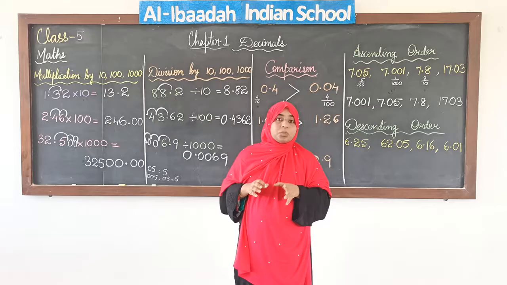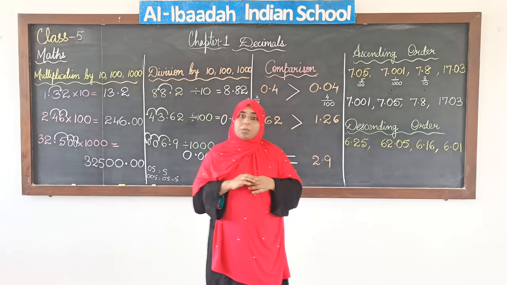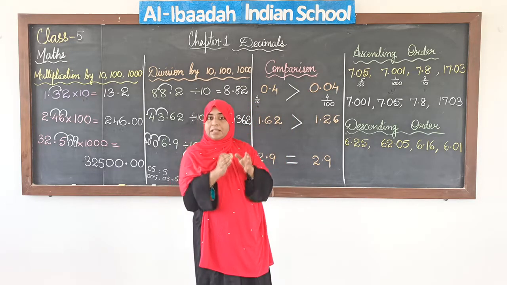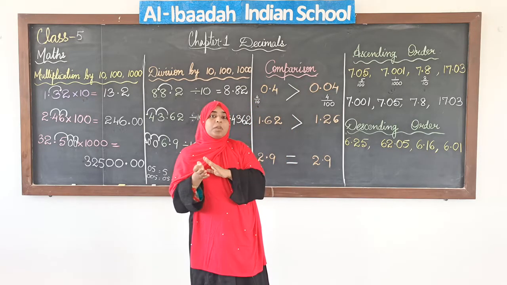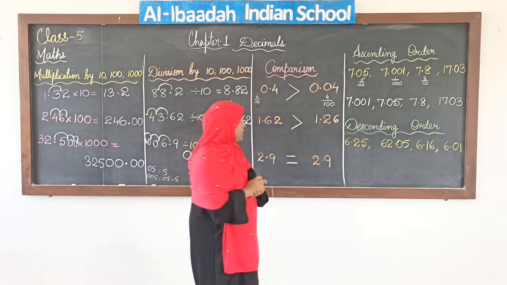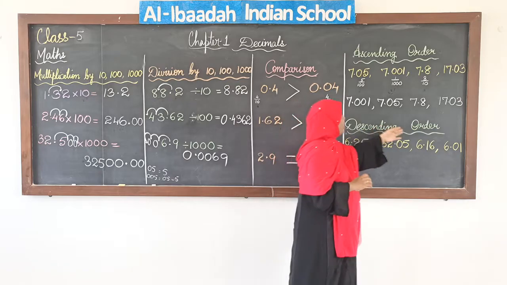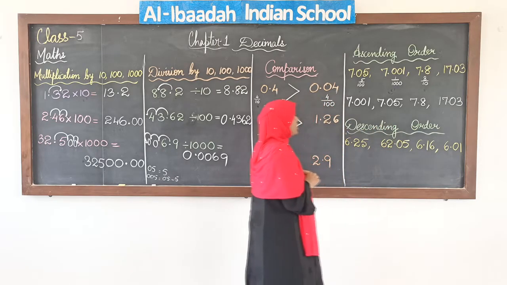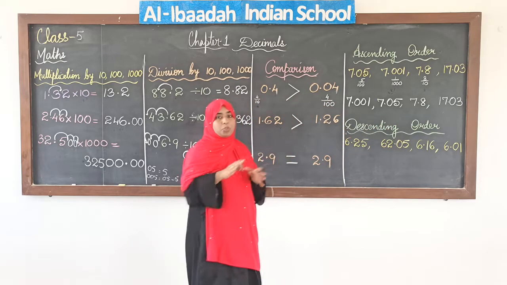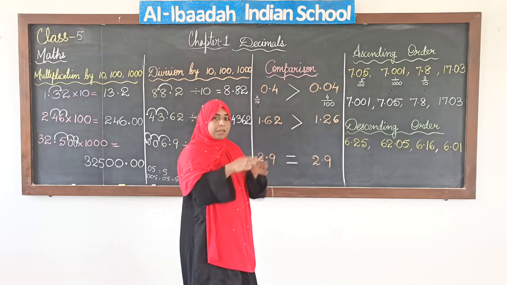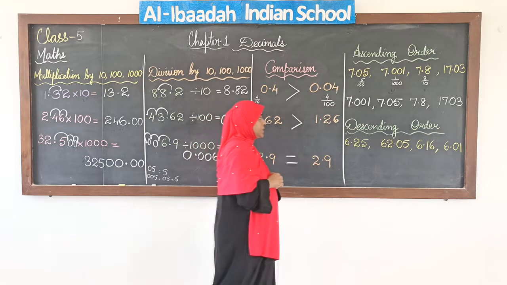You have to look into the decimal part, the fractional part, to decide whether the selected pieces will be more in quantity or less in quantity. Okay, same way we are going to do decreasing order. Decreasing order or the descending order means big to small. We start from the greater number and we move on towards the smallest number.